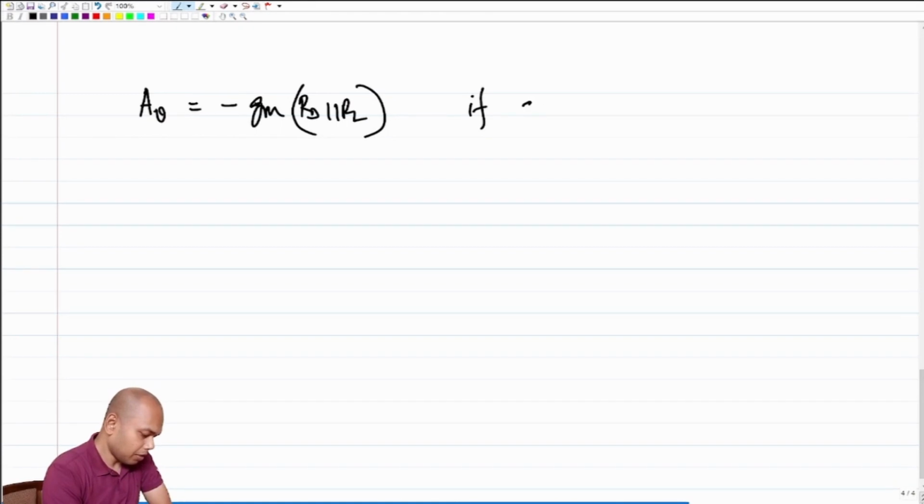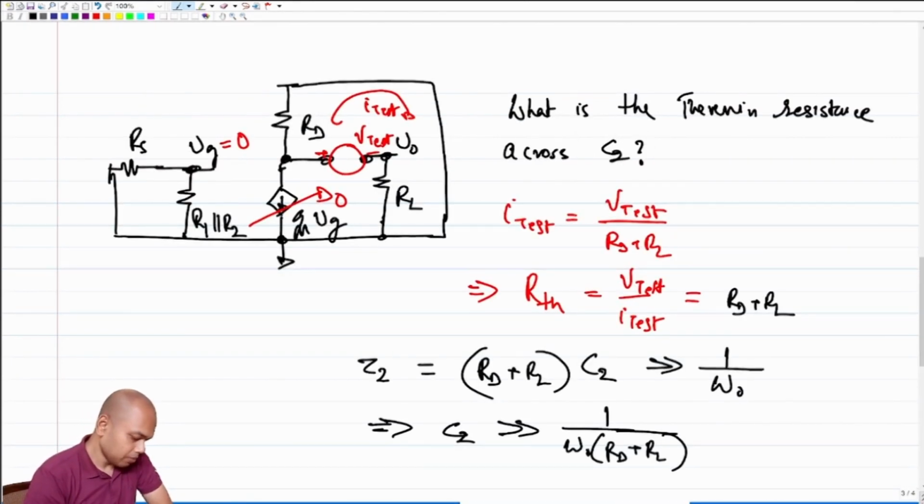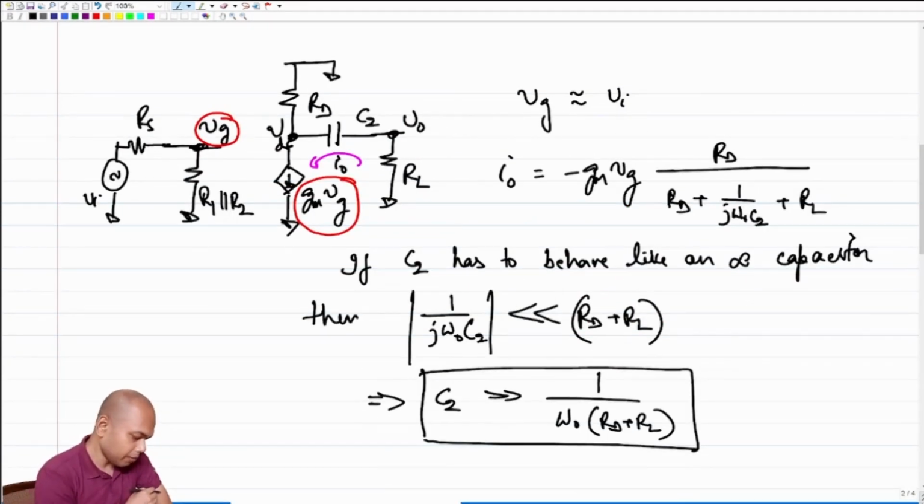If somehow we could make RD much greater than RL, then the gain for a common source amplifier would have been minus gm times RL, and that makes sense because if you look at the incremental